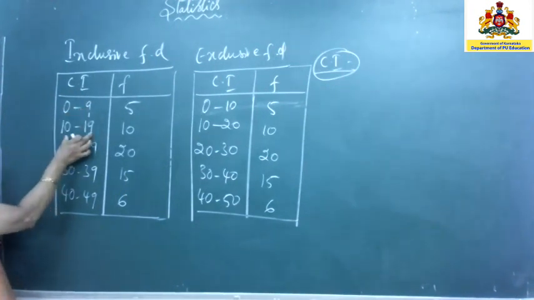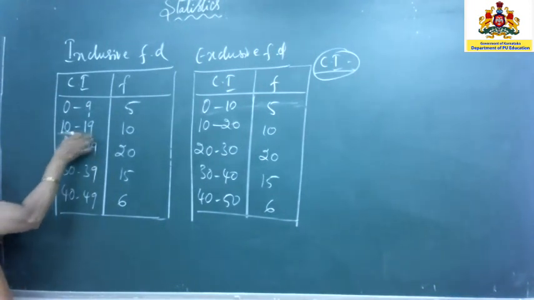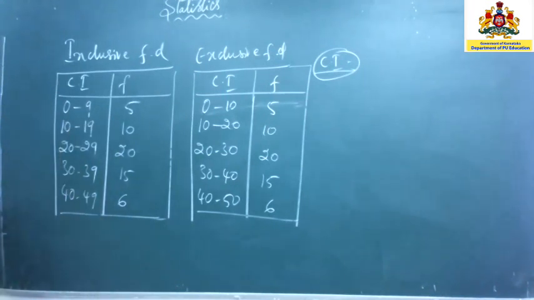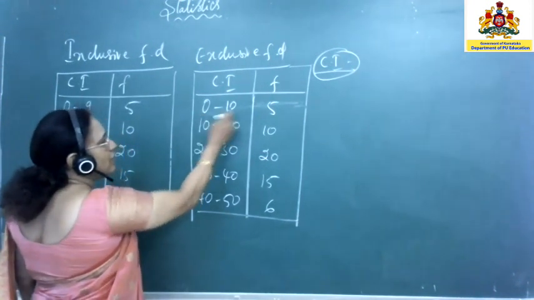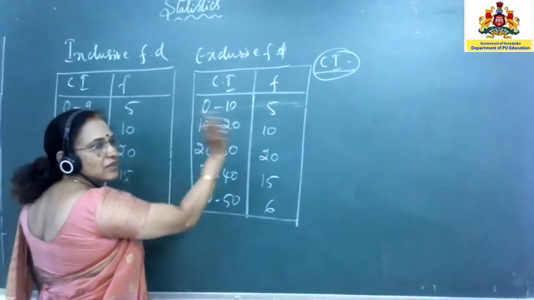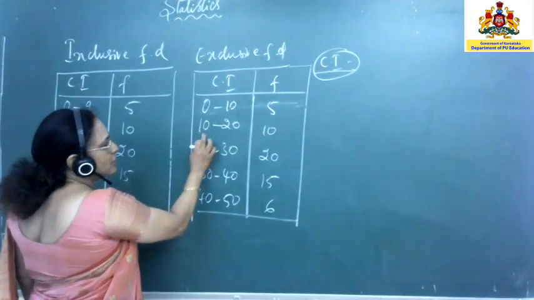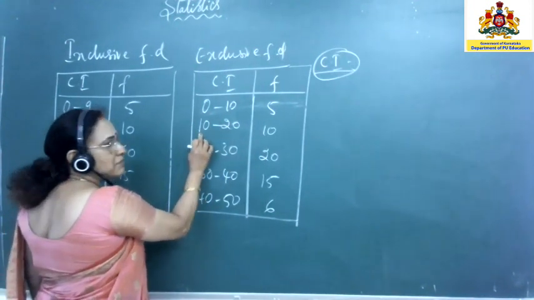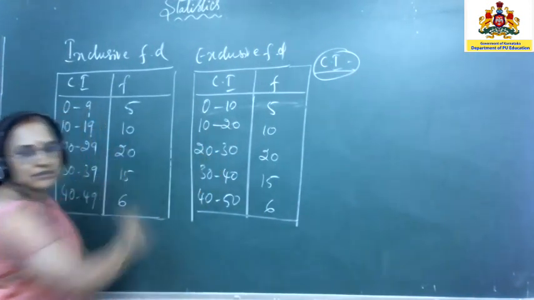Now if you take here 10 to 19, all variate values from 10 up to 19 are included. So this becomes a class interval. So you are trying to put the variables in the form of a group. So this group as such is called class interval. Whereas here, in this class interval, you will be including all values from 0 up to 9. 10 is not included. 10 is included in the next one. Okay. Now if you take this class interval, all numbers from 10 to 19 will be included. 20 will be included in this class interval.